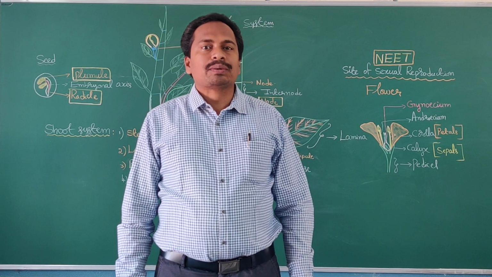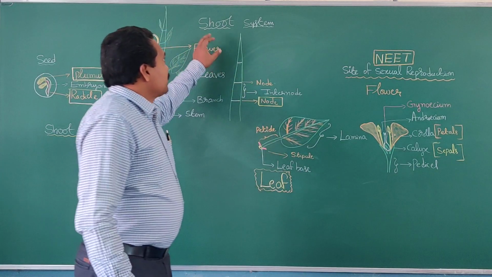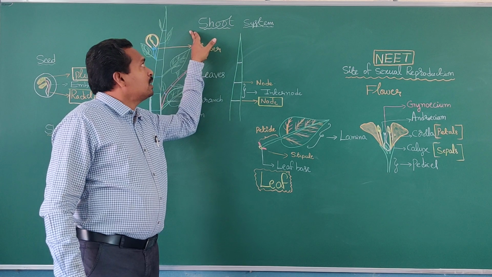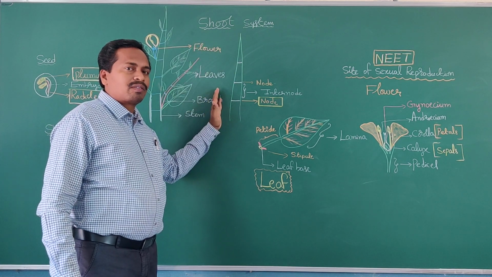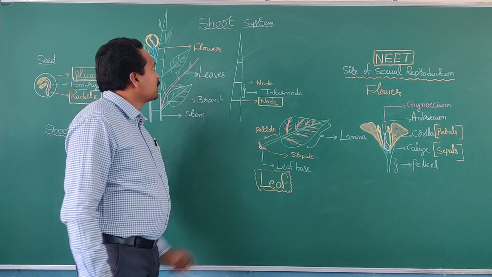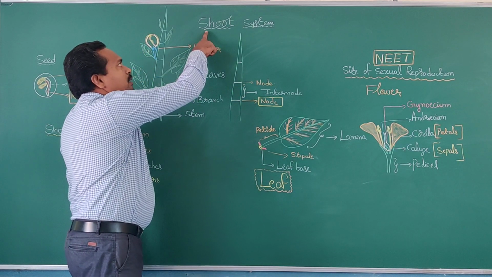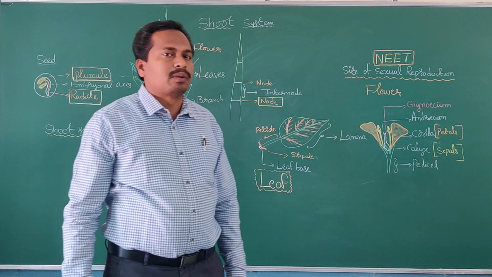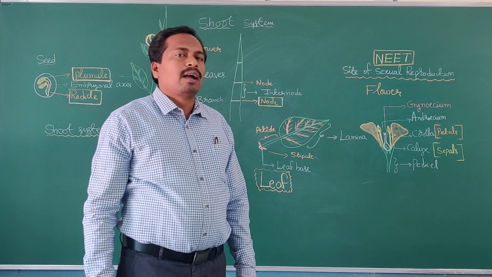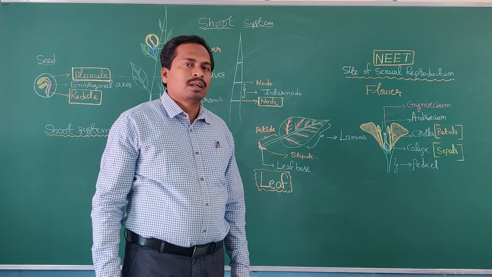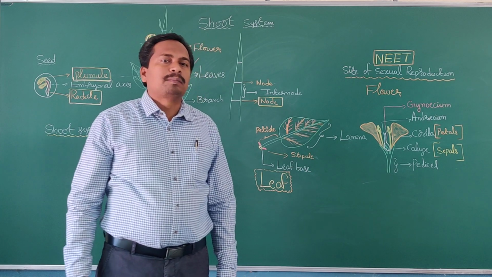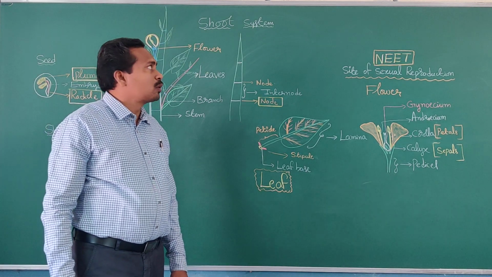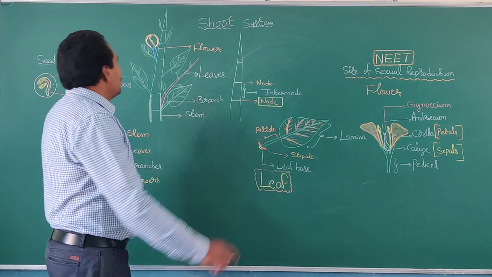Today I am going to teach you about the rest of the concept in morphology of flowering plants, that is the shoot system. Some more basics in morphology of the flowering plants. How many types of systems are there in a plant body? Mainly two types. What are they? One is root system and the second one is the shoot system. Already you have learnt about the types of systems in a plant body in the previous class. Today we have to know about the shoot system.